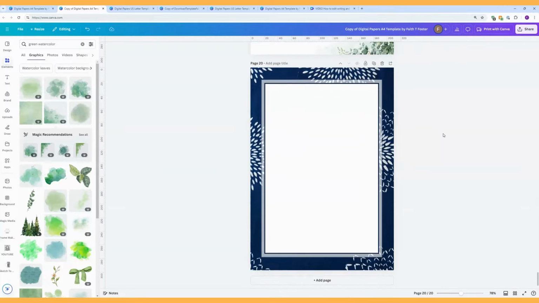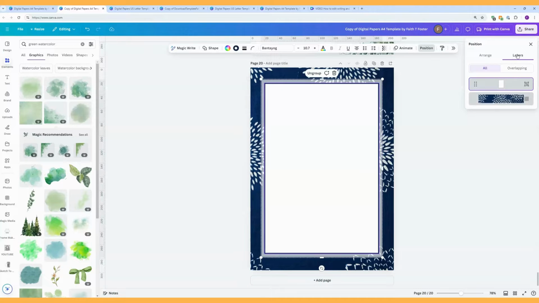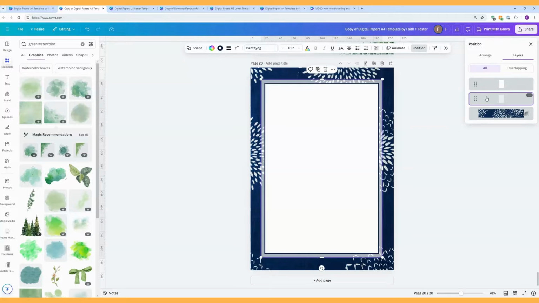Last but not least, this is similar to ones we did earlier. We'll go click on it and go to position to see what we've got. Layers. This is grouped, so we'll ungroup it. And it's simply two rectangles with borders, white in the middle with the one behind being transparent, and then a picture in the background. So we can change this up like we have before by going to